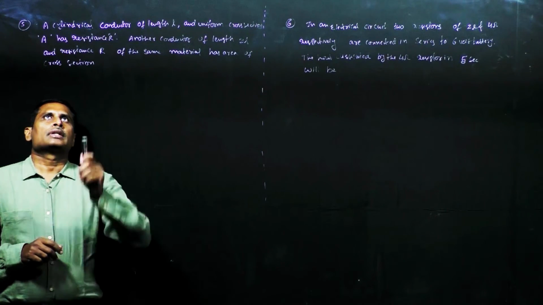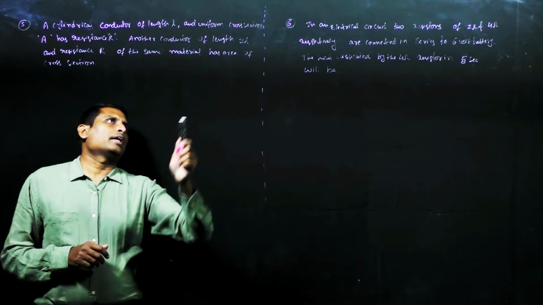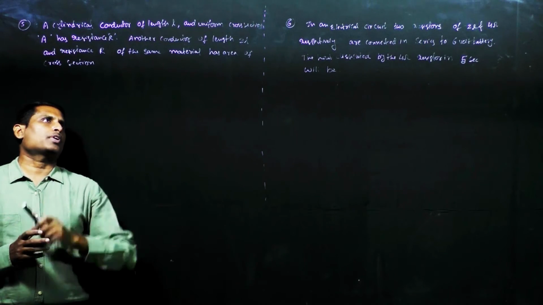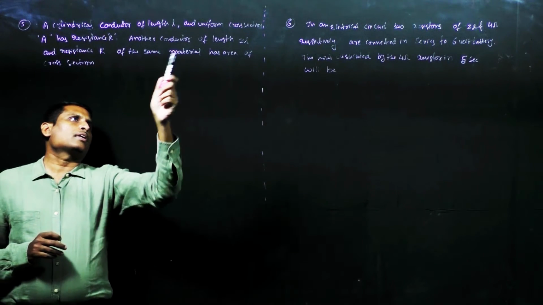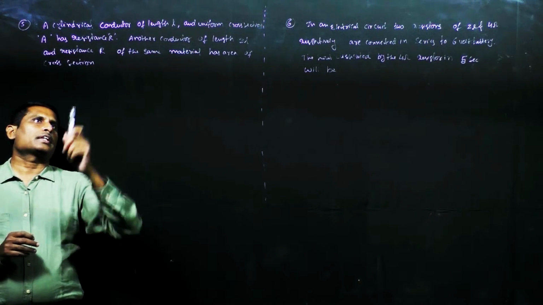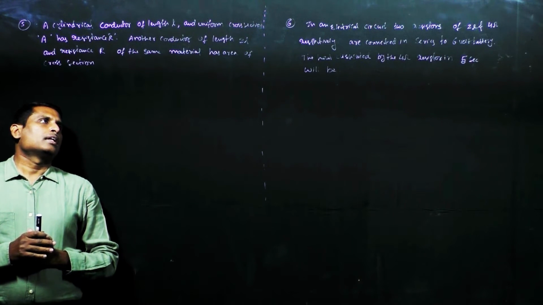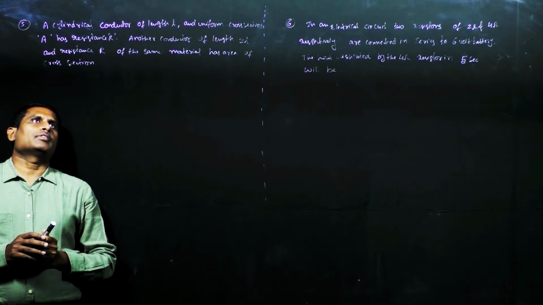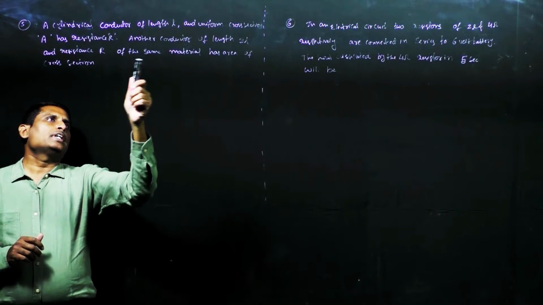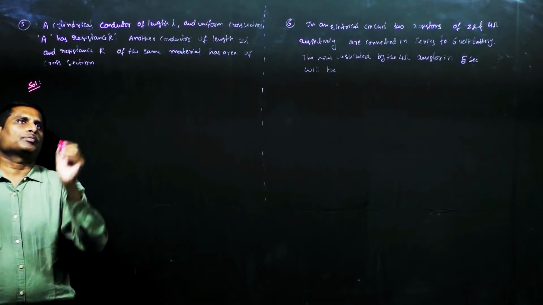Next problem. A cylindrical conductor of length L and uniform cross-section area A has resistance R. Another conductor of length 2L and resistance R of the same material has area of cross-section will be. You can see in both cases the material is same. The material is same. Therefore,